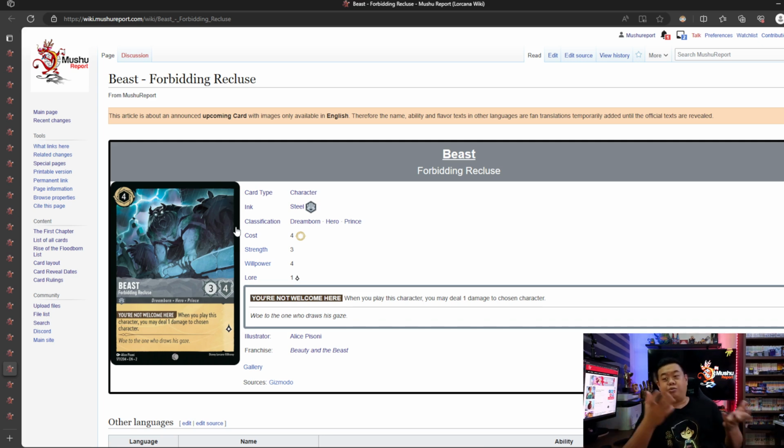At 4 cost with 3/4 stats, that is not the most optimal 4 cost character stats, but then hey, he's a nice ability to just ping your opponent's character, and then after that what do you do? You do stuff like Beast Relentless, and you can go for another quest again or something along that line. So if you really wanted something simple to just ping an opponent's character on command,